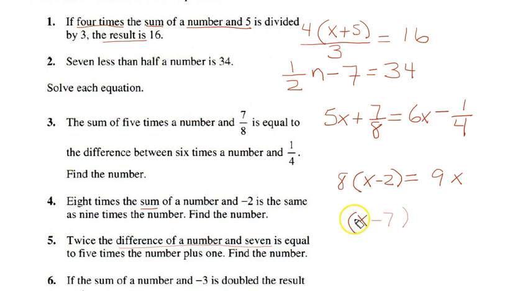Now, that's the difference of a number and 7. Another way of writing it is the way we did up here, or saying it, the sum of a number and negative 7. Here they're describing it as the difference of a number and 7. The word difference implies the negative sign. Now, twice this